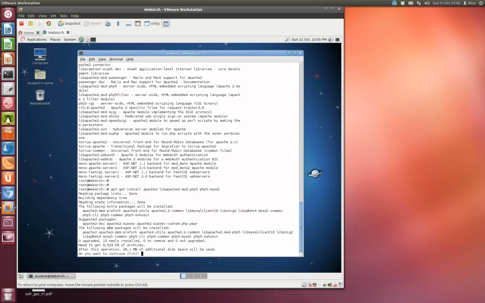What's happened is that apt has said, oh, actually the packages you've asked me to install, there are some dependencies that are needed in order to install those, and these are those dependencies, and I'm going to go ahead and install those for you if you tell me you want to. So it's asking if we want to continue here, and here's the summary of everything that's